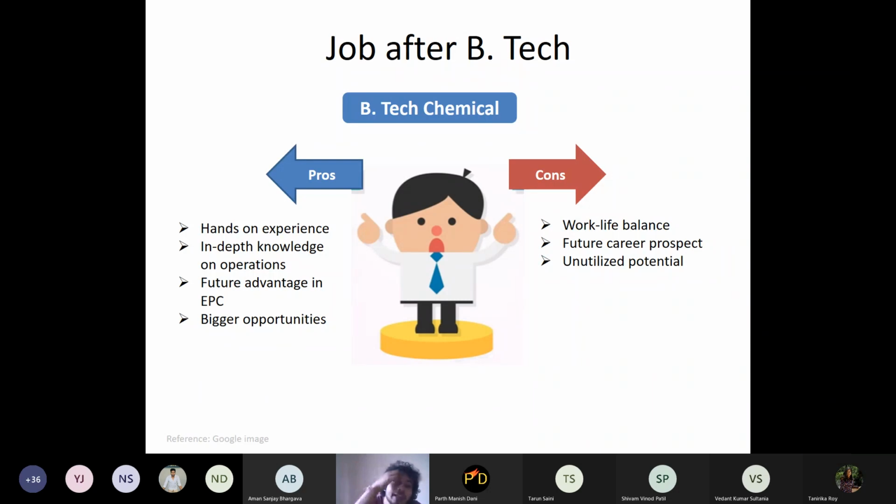To give you an example, I have a friend who worked in Reliance after B.Tech, in plant operations. Then he moved to UOP, where he was in design, designing the plant. And after that, he understood that his calling is somewhere else, so he joined a consultancy. Now, with his enhanced understanding of how a plant works and how a plant runs, he designs plants and does consultancy. So he has seen the end-to-end part, and there he is doing good.